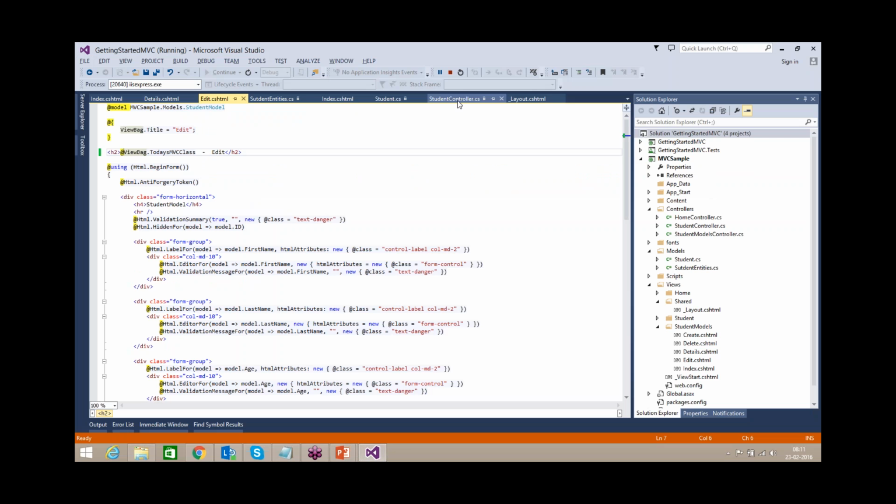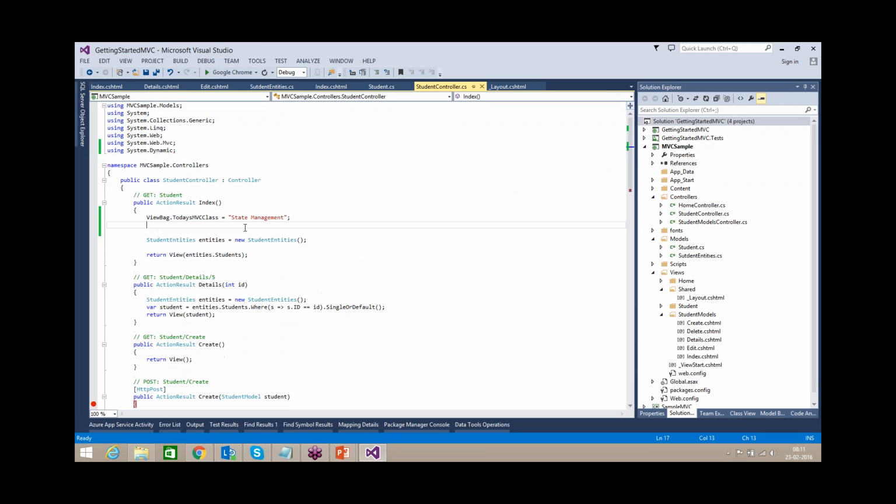So with ViewData you have to give a string key. The key can be anything and the value can be anything. It can be a custom object, a list of objects, a simple string or an integer value.